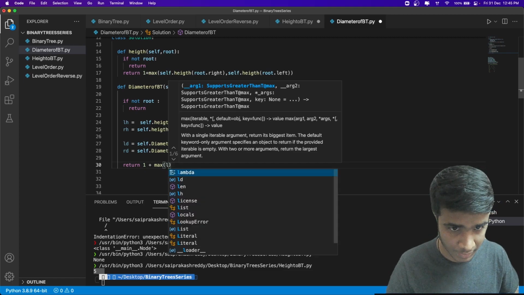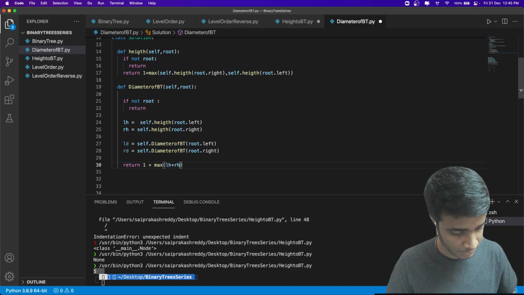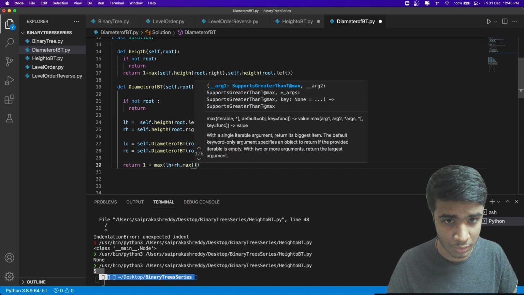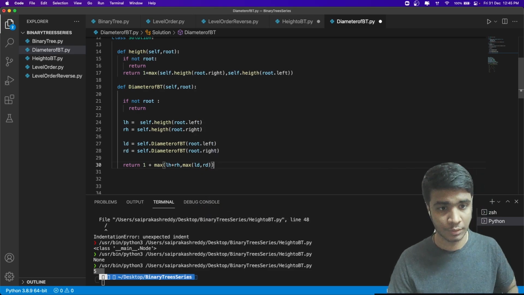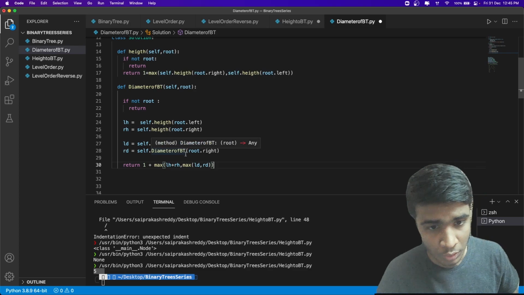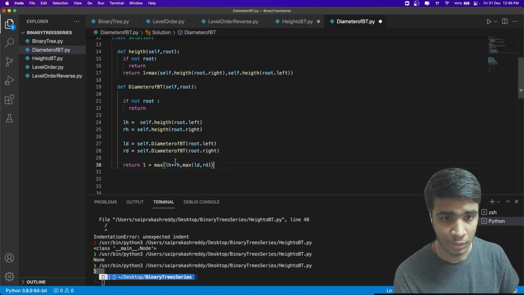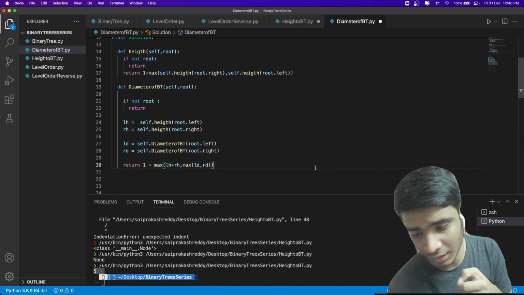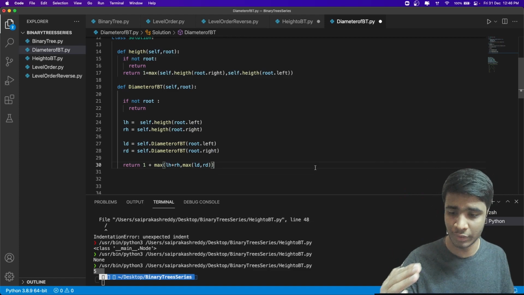My current answer would be LH plus RH, right? And I have to again compare it with the maximum of LD comma RD, right? So that's how we have to do it. The diameter at my current root is going to be basically the height of left plus the height of right.